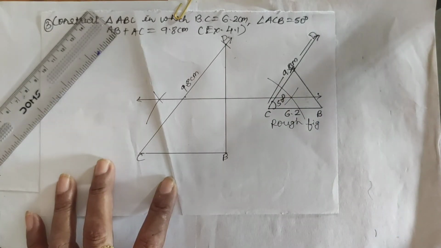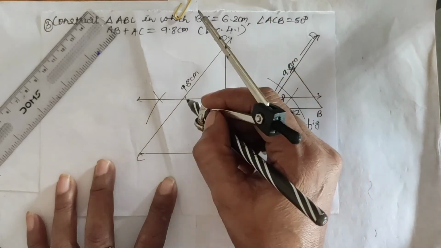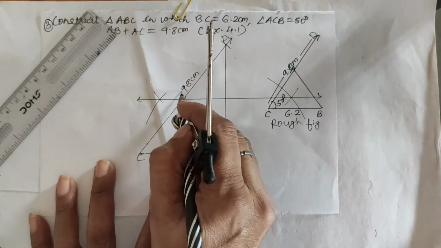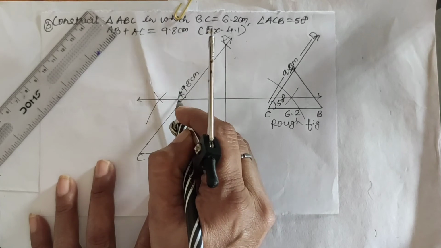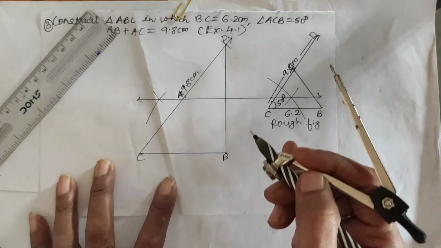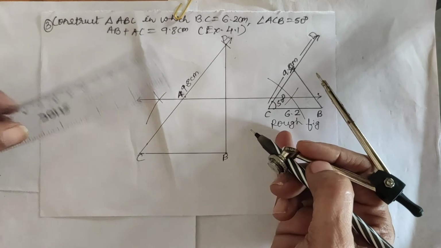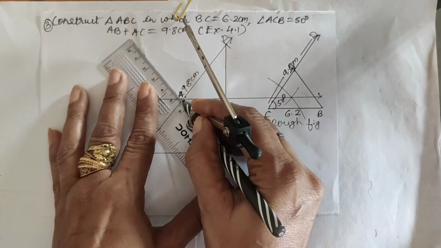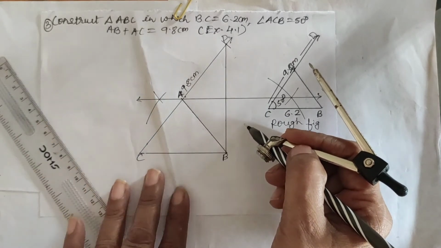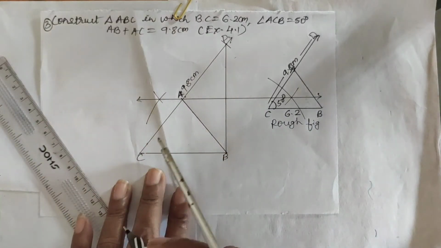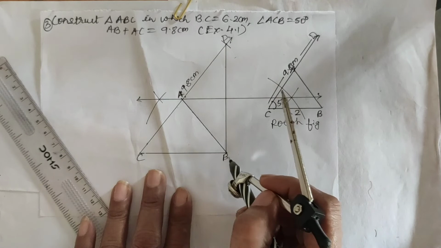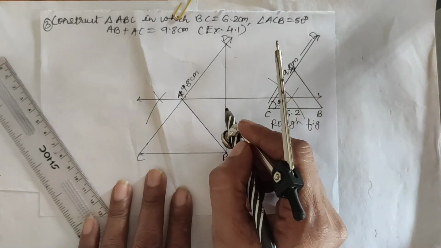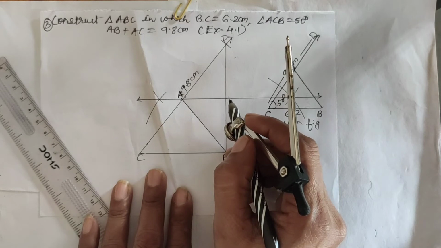Now name the point of intersection of this with CD. This is the point of intersection on CD, it will be what? Your point A. Means we have located point A now, and now join this A with B. Means we have drawn segment AB and triangle ABC is the required triangle, and you know symbols are very important in geometry.